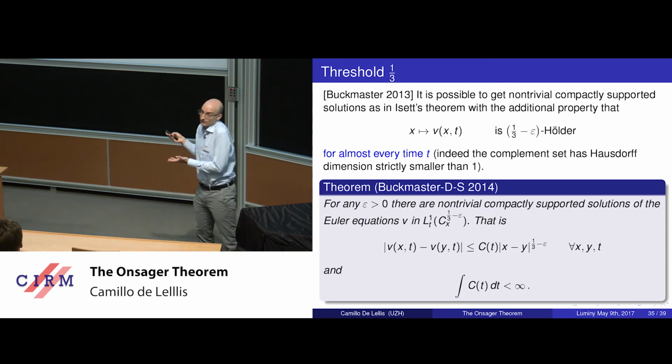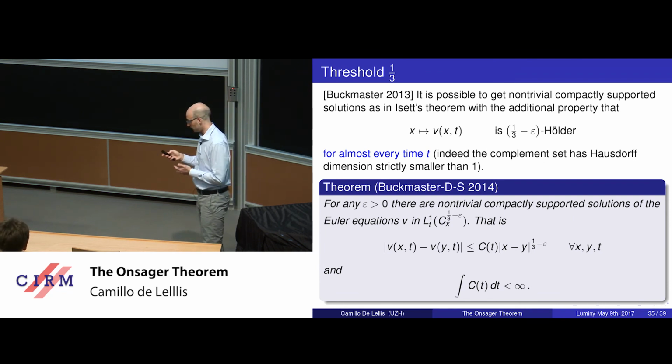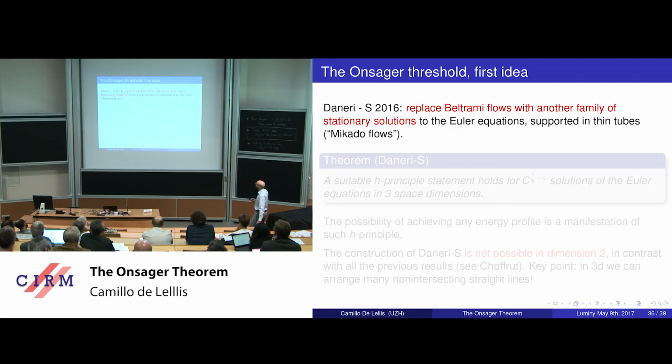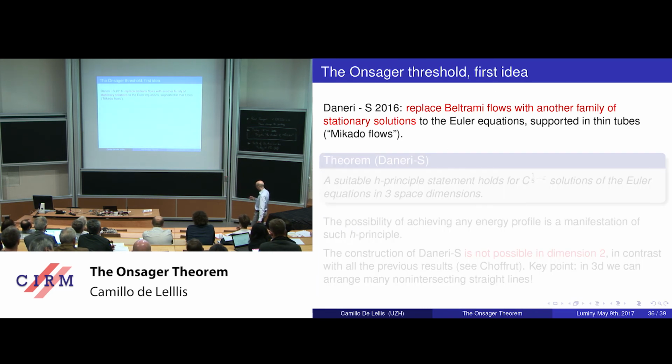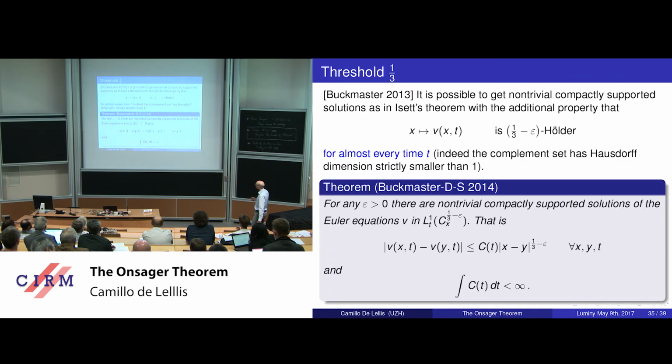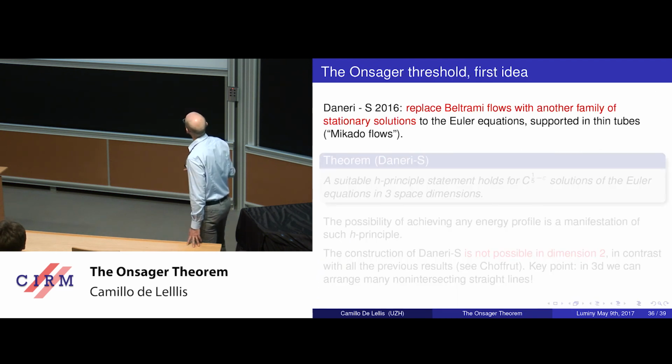So here we have a solution with 1/3 of a derivative, so Onsager critical, which is not conserving the kinetic energy. Okay, so the conjecture of Onsager is just then to replace this L1 function with an L infinity function. Now, actually what happened is that this has been done last year, but the proof is not building on this